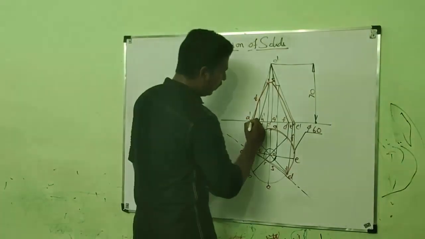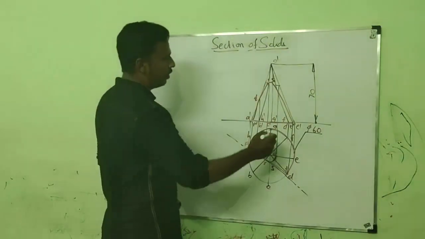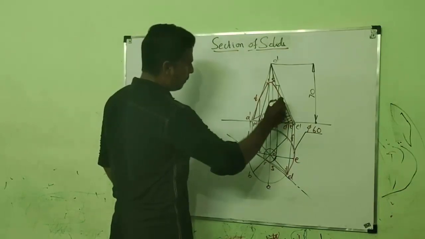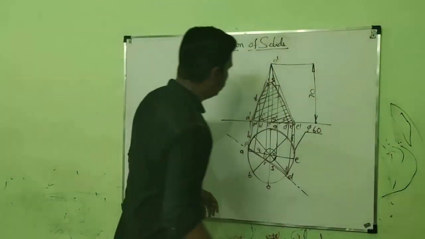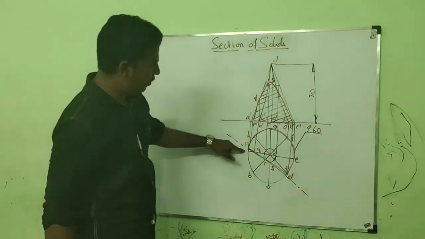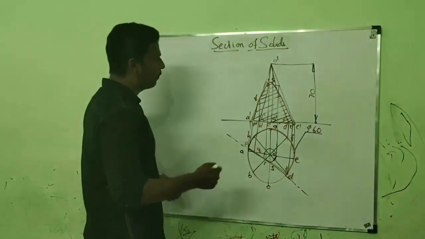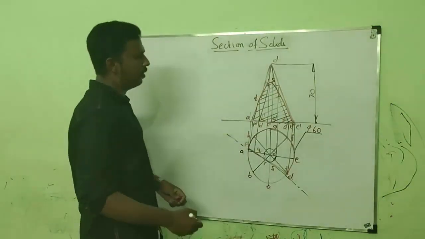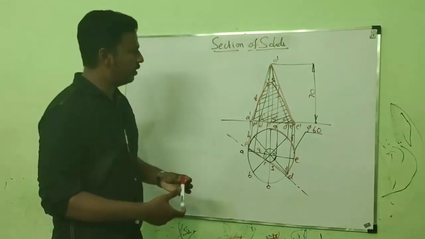And the area covered by that section is the section view, and the section should be hatched. Then the retained portion should be darkened. Here the portion which is on the right hand side of the section is retained, and on the left hand side the point A is removed. So we have to leave the small portion, and all the portion on the right hand side should be retained. This should be darkened. Only the outermost surface should be darkened because the edges are not here. These are generators, so the imaginary generators need not be darkened.